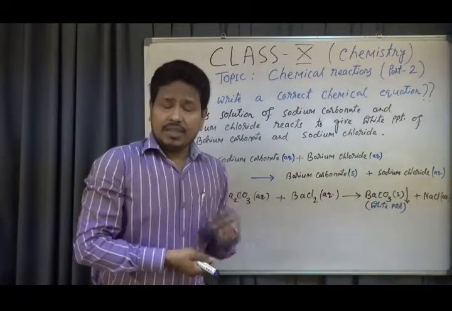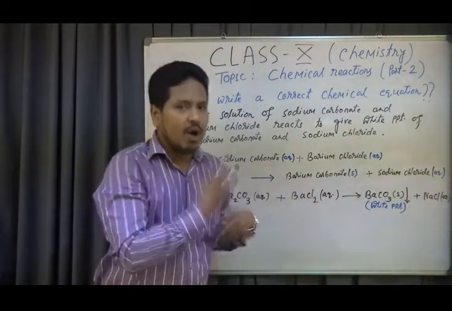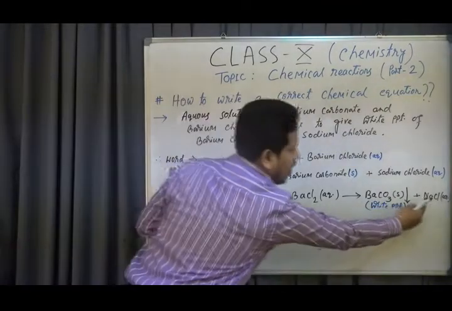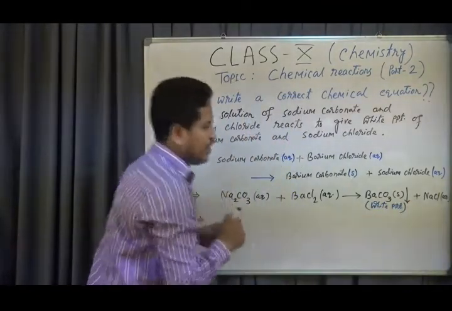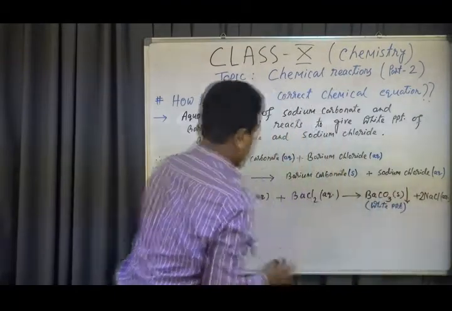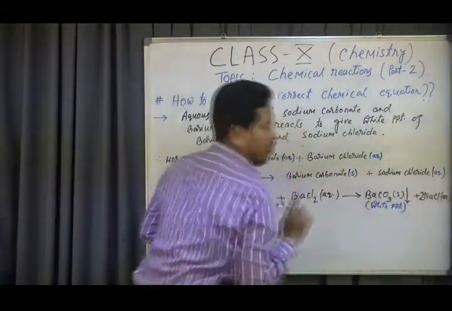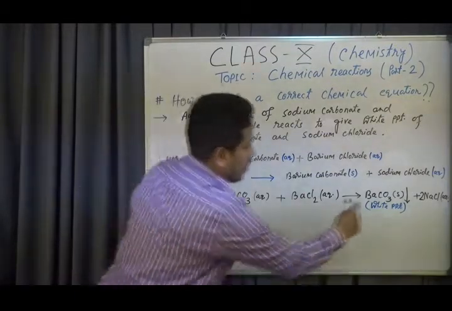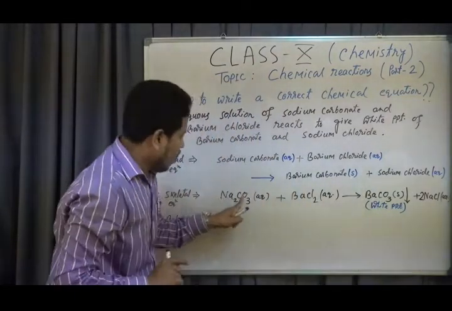So look at this. Is this equation balanced or not? Let's count the number of atoms. Okay, let's go. Sodium 2 atoms, sodium 1 atom. So what to do? Put a coefficient. So twice sodium atom. The atom number of sodium is now equal. Mind it. Carbon 1. Okay. Let's see. Oxygen 3.